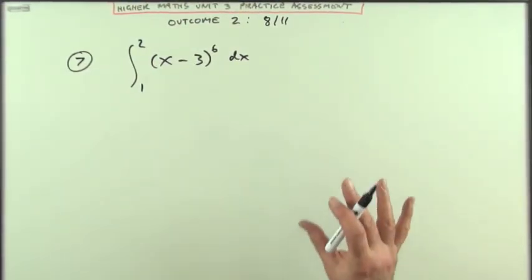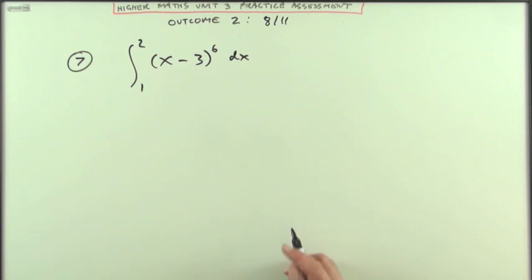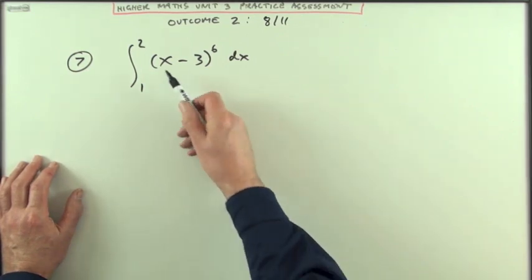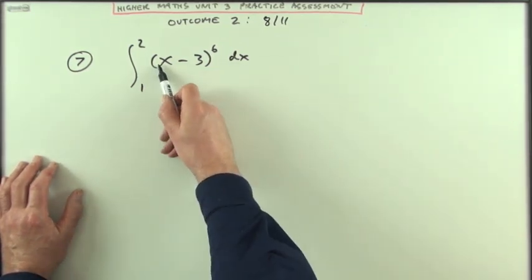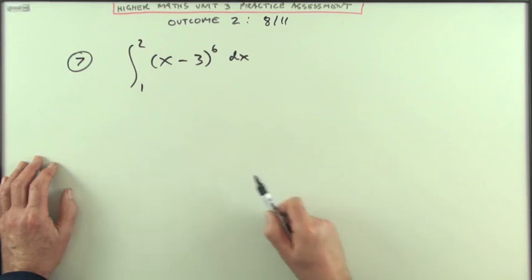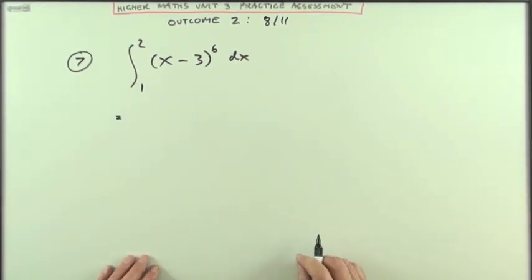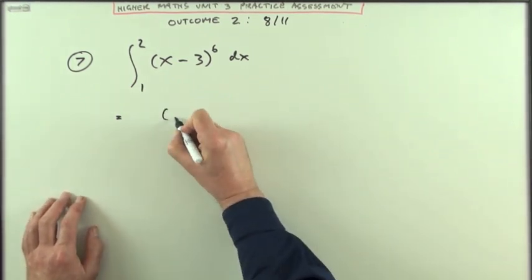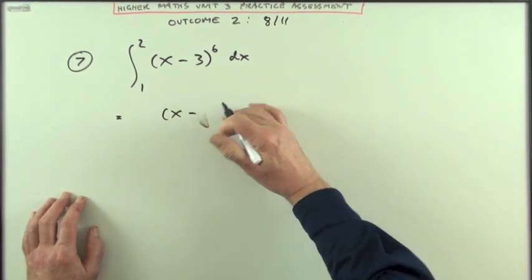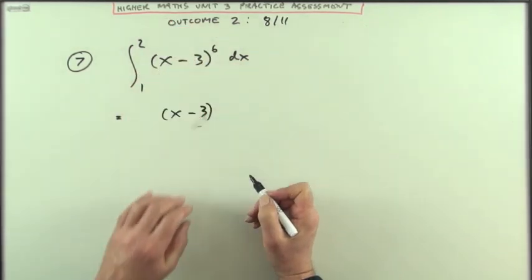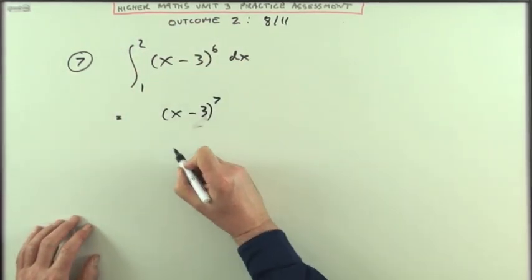And finally number 7 for 4 marks. Integrating a function of a function, although perhaps in this case far too trivial a function of a function, because all varieties of the NAB have just got this single x as the inner function. Still, makes it easier for you, I suppose. Well, what have we got? So the outer function, whoops, is power 6 of something, so that will go up to power 7 and divide